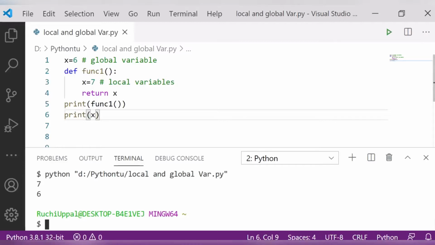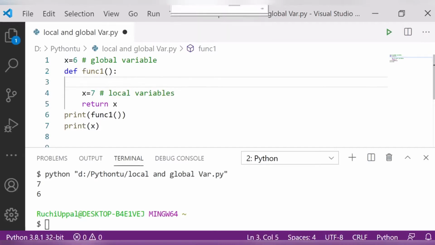Now what if I want to change the value of this variable inside the program? I don't want to keep it 6. Otherwise we don't use such concepts in long programs. If you write your own program of 5,000 or 6,000 lines, then it would be very difficult to use this. So it's just for your understanding. If you use it in small programs, then you can use it.